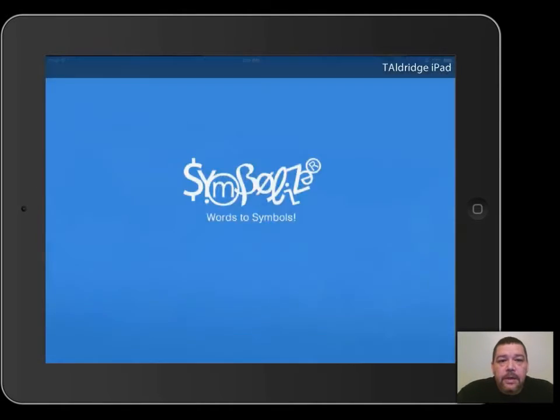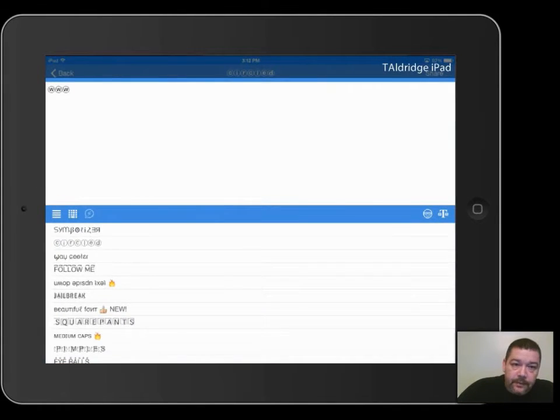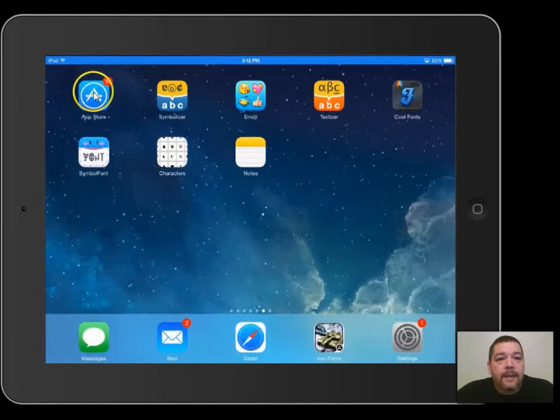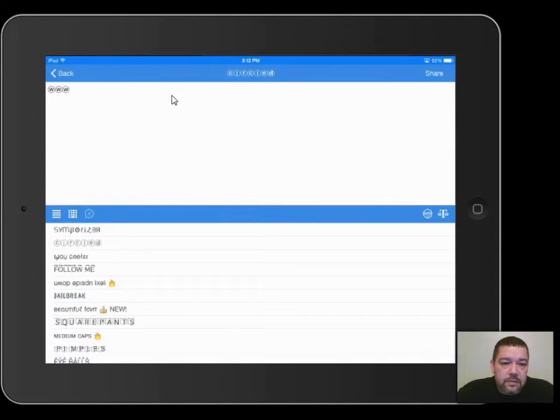First thing you need to do is, let's clear out of that real quick. You need to go to the App Store and download one of these symbols. You're going to have to play with it and see which one you like the best. Well, let's just say we're going to use this one. Come down, I'm going to use the circles here,